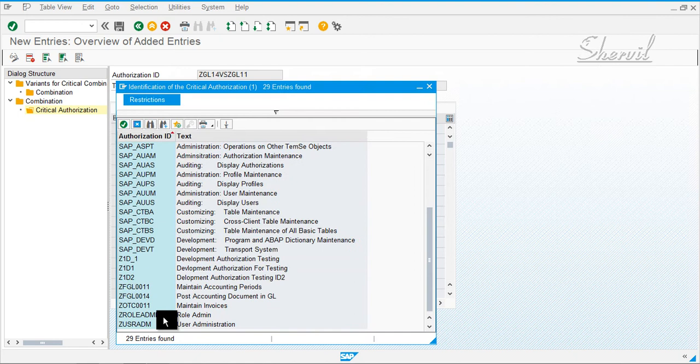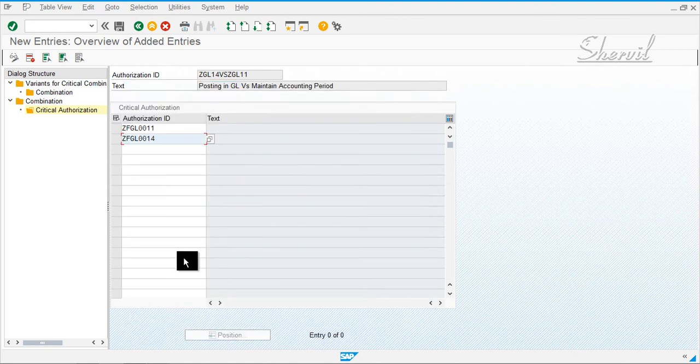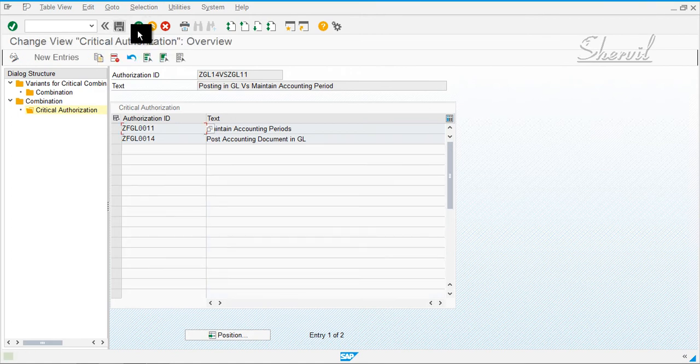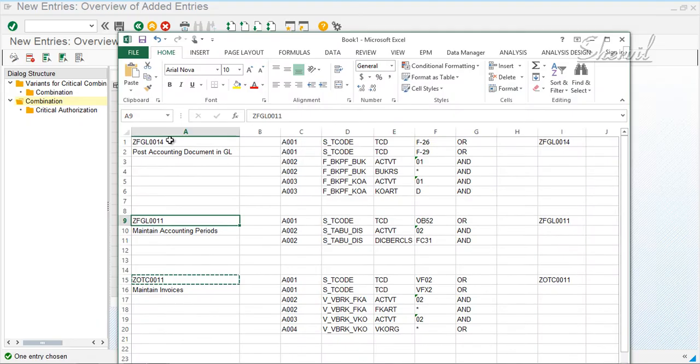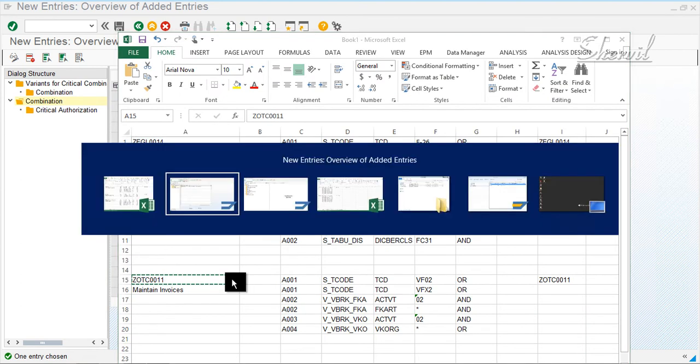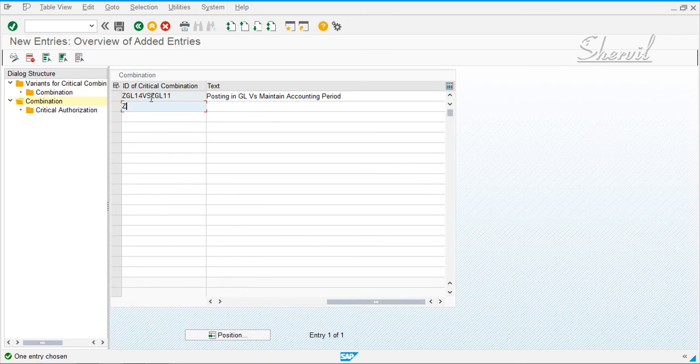Enter those two, then save it. Go back. Now, similarly, you go and create whatever remaining combinations that you have. In the next case, you have, let's say, GL14 going against OTC11.